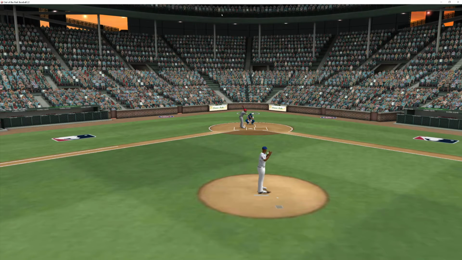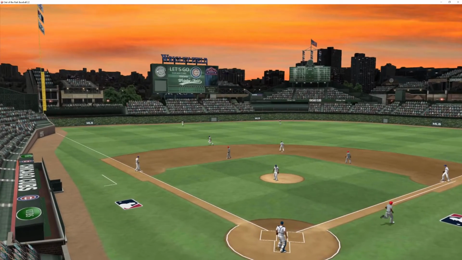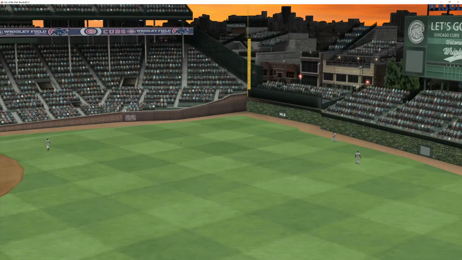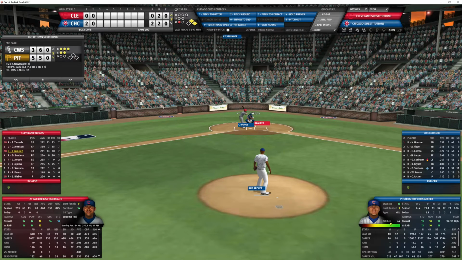Top of the third inning. 1 ball is the count. Here's the pitch. Popped up. Deep left field. Going back is Santana toward the warning track. He's going to have just enough room to make that catch for the first out of the inning. So now with 1 out and 2 men on, Jose Ramirez will step up to the plate